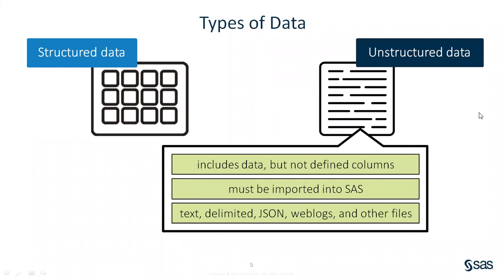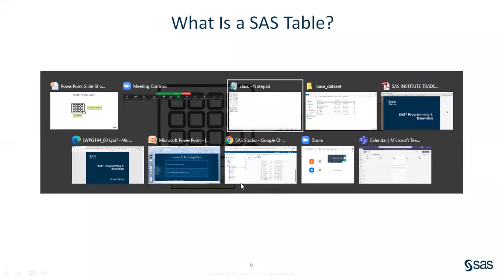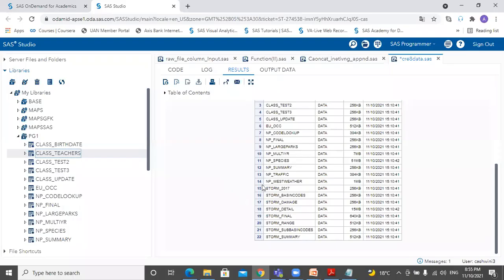All right, thank you. So moving ahead, what is a SAS table? As we know, the information saved in SAS is also structured data with defined rows and columns. A table in SAS, we call it a SAS data set. And it is always saved with .sas7bdat as an extension. If you have observed our studio with the data set, you will see that it is always saved as